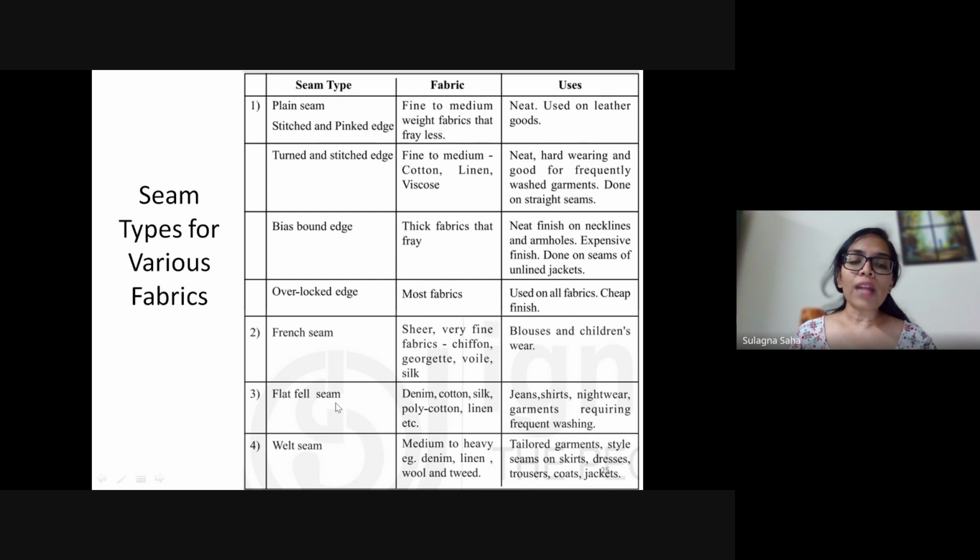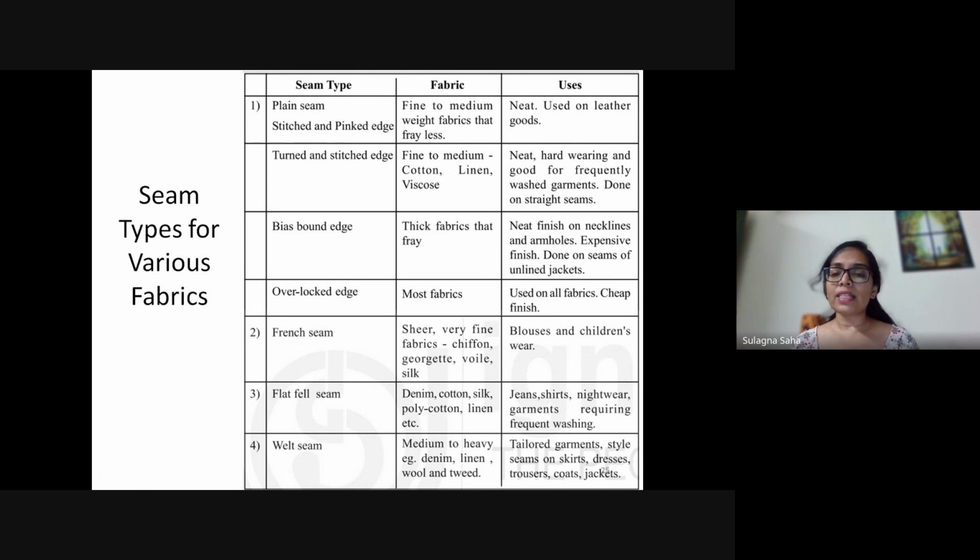Next, we have the flat and fell seam. A flat and fell seam is very commonly used in the side seams of our shirts, used in cotton, denim. In this, again, the raw edges get sealed inside the seam. It works very well in garments that we frequently wash.